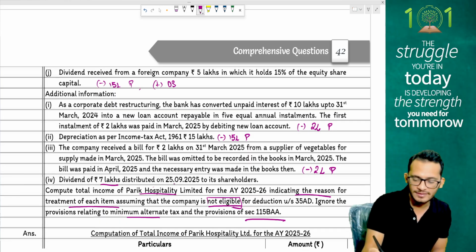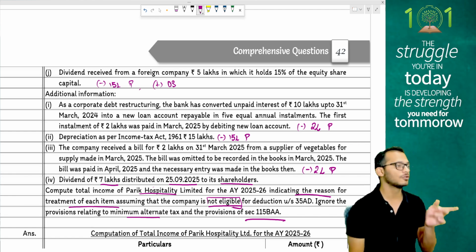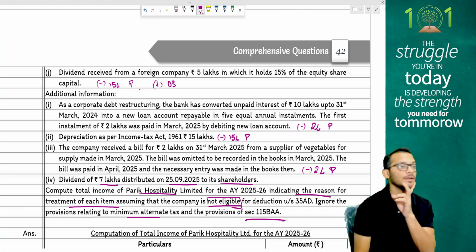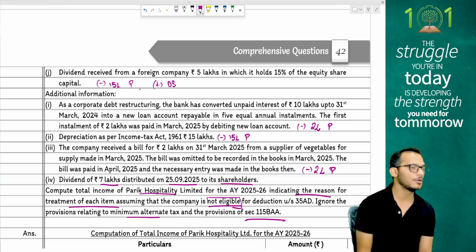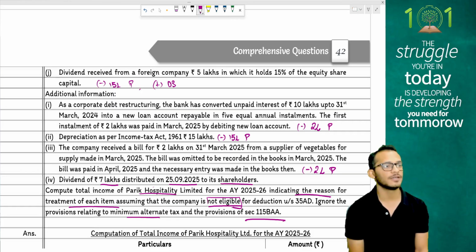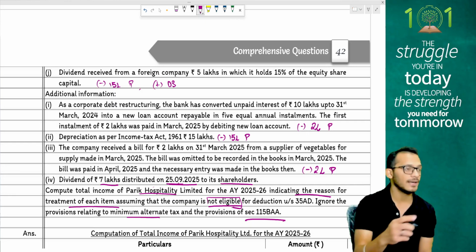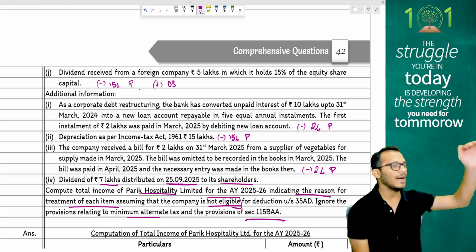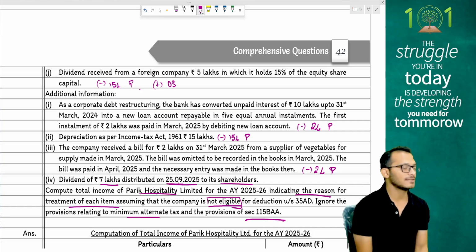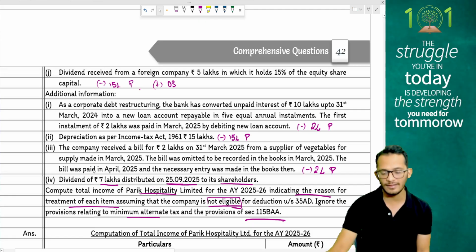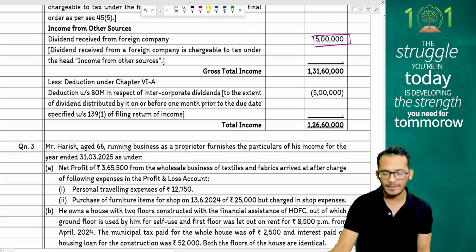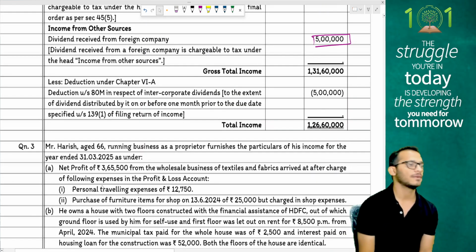It says dividend of 7 lakh rupees is distributed on 25 September to its shareholders. People, for those who remember ATM provisions, whatever income I have, to the extent I distribute back to my shareholders, it will not be treated as income. It will be allowed as ATM deduction, provided the payment is happening 1 month before the due date of filing return. My due date of filing return is 31st October. 1 month before becomes 30 September. I paid it on 25th September, and therefore it is within the timelines. I have an income of 5 lakhs. I have distributed 7 lakhs. I can claim a deduction of 5 lakhs. Whatever is my income is what I can claim as deduction against. Yes, so I have removed the 5 lakhs also for ATM, arriving at my final income. Yes or no? Yes.